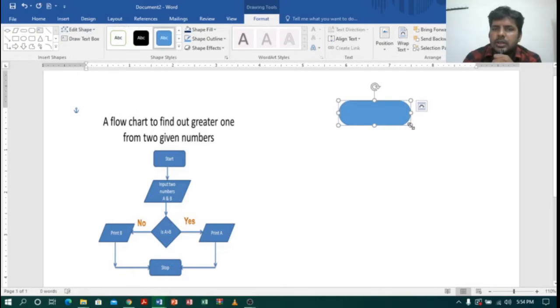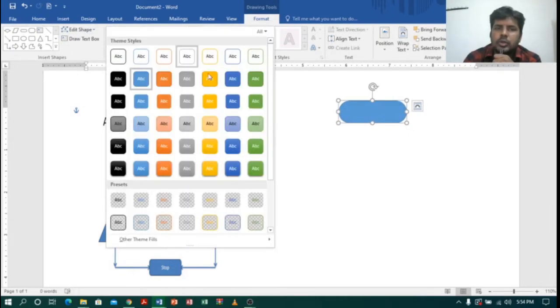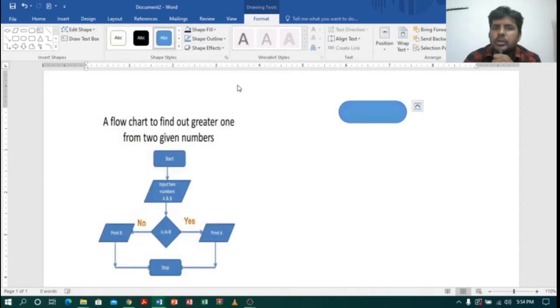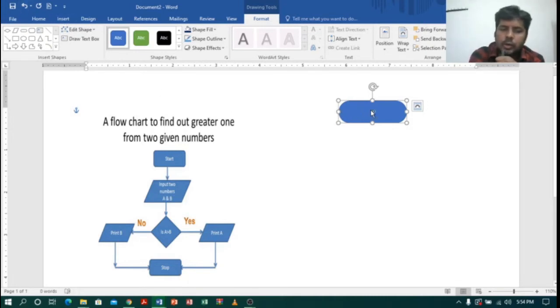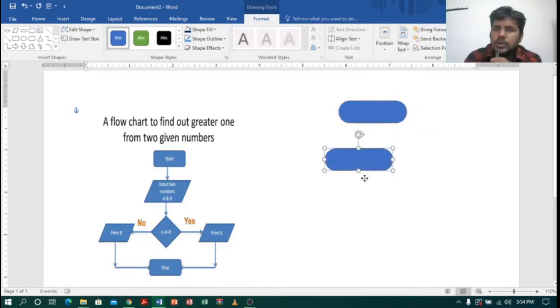Nice. Now I will just select the color for the capsule. I'll just go to that, and here we can see different background colors. So let me select this one. Nice. Now I want a capsule symbol for the stop, so I don't need to go to insert again. I will just select this capsule symbol, Control C, and if I say Control V, see, another capsule symbol came. Nice, right? So now again I will just paste it below. Okay, a little bit I will just decrease and adjust the size.